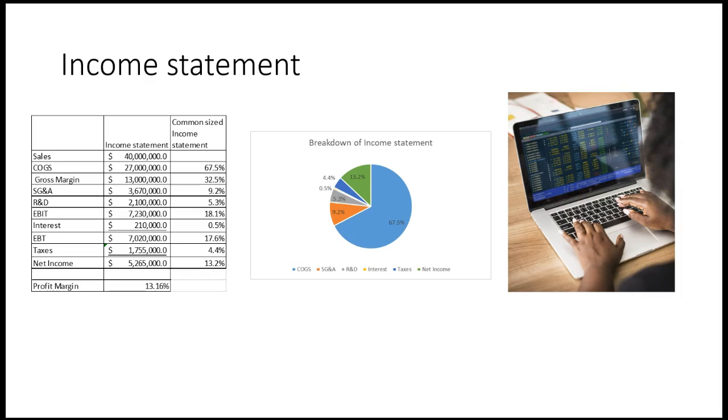From there, the next place you will draw and take a pause and look at the sub-element is called EBIT, earnings before interest and taxes. In this example, it is $7.23 million. Next, we have to pay interest. We have debt in the company, and hence we are paying interest on the debt. So this is the interest paid on the debt.